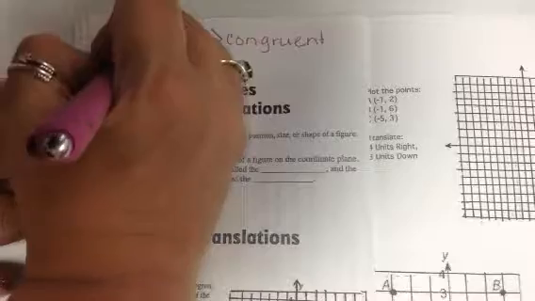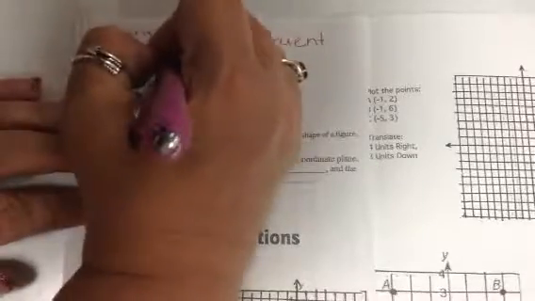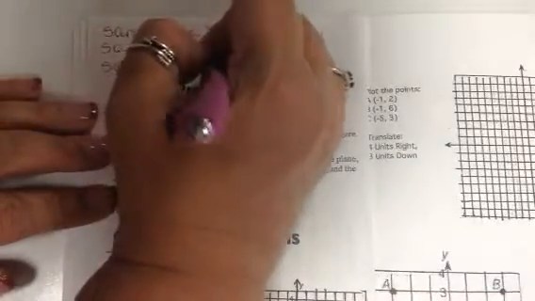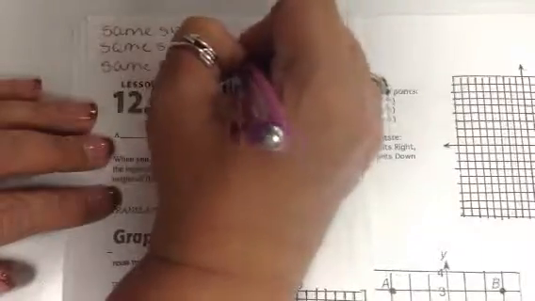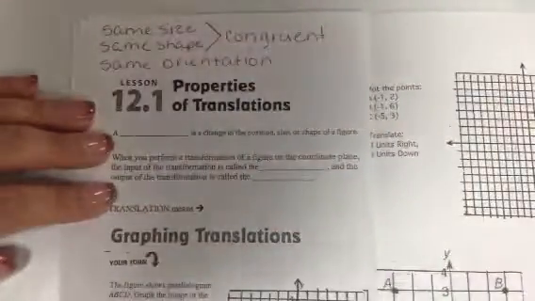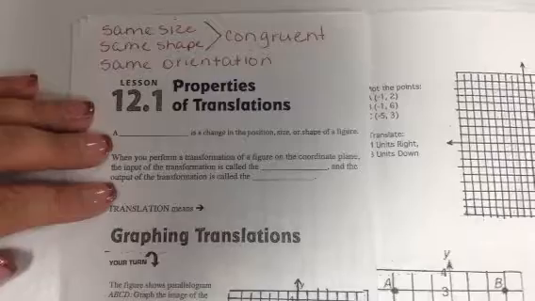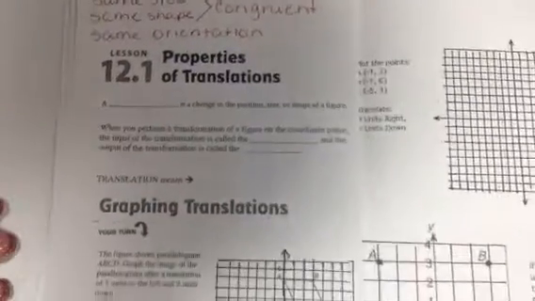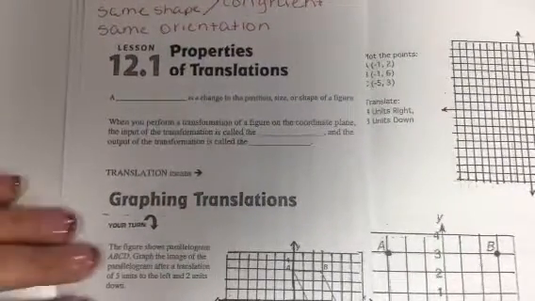But properties of translations are also going to preserve orientation. So they're going to keep the same orientation. The word preserve means the same orientation. Okay? So if we look down here at the notes, it says a blank, and we're going to write